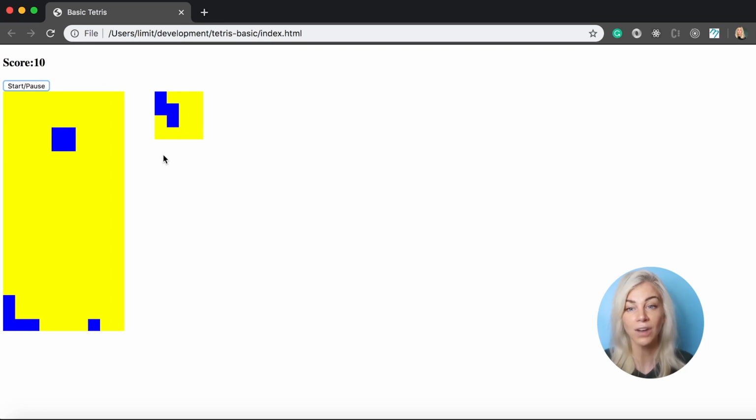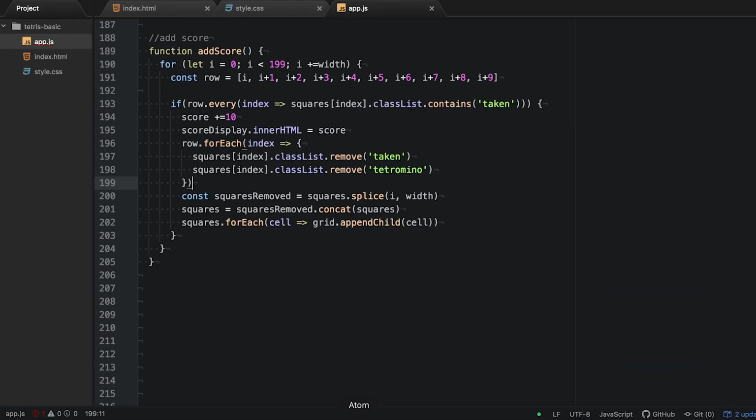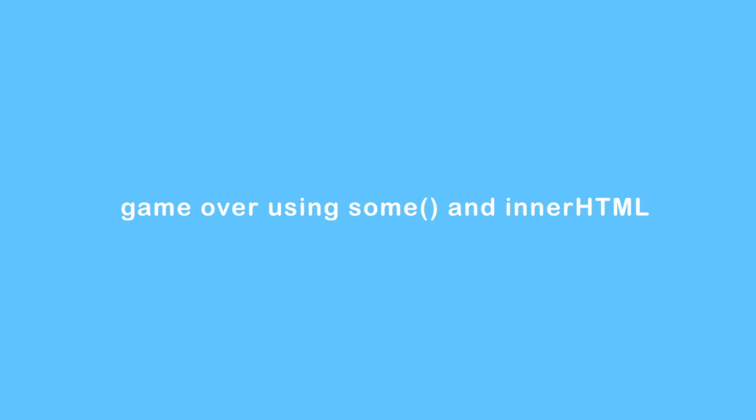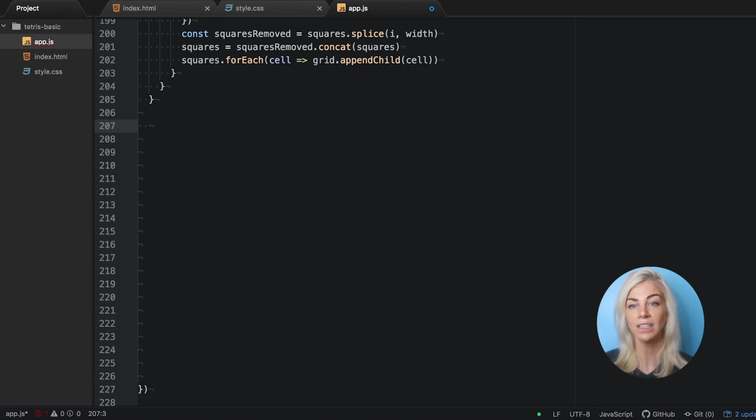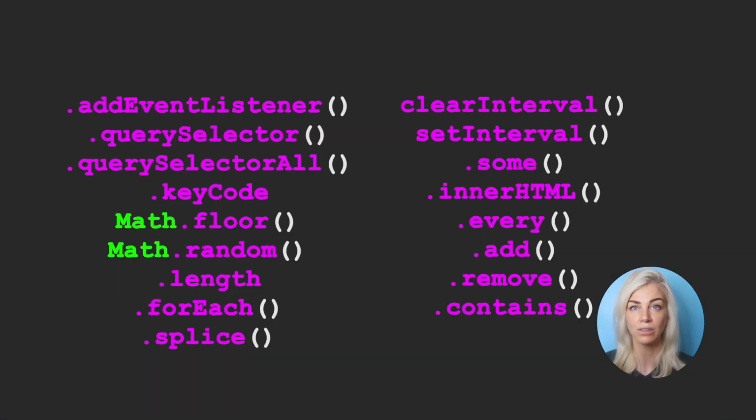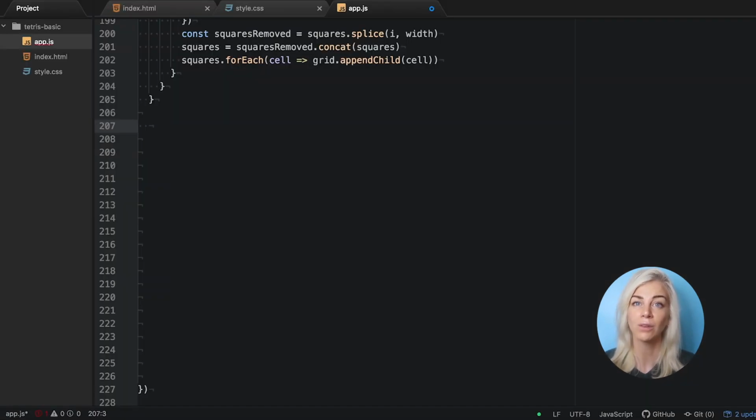Amazing. We are now down to the final stage of our game, which is defining what a game over is. We are now nearly at the end of our Tetris course. By now, you would have covered all the following inbuilt JavaScript methods and used them in our project. This is pretty impressive. We only have one more thing left to do, and that is define what is our